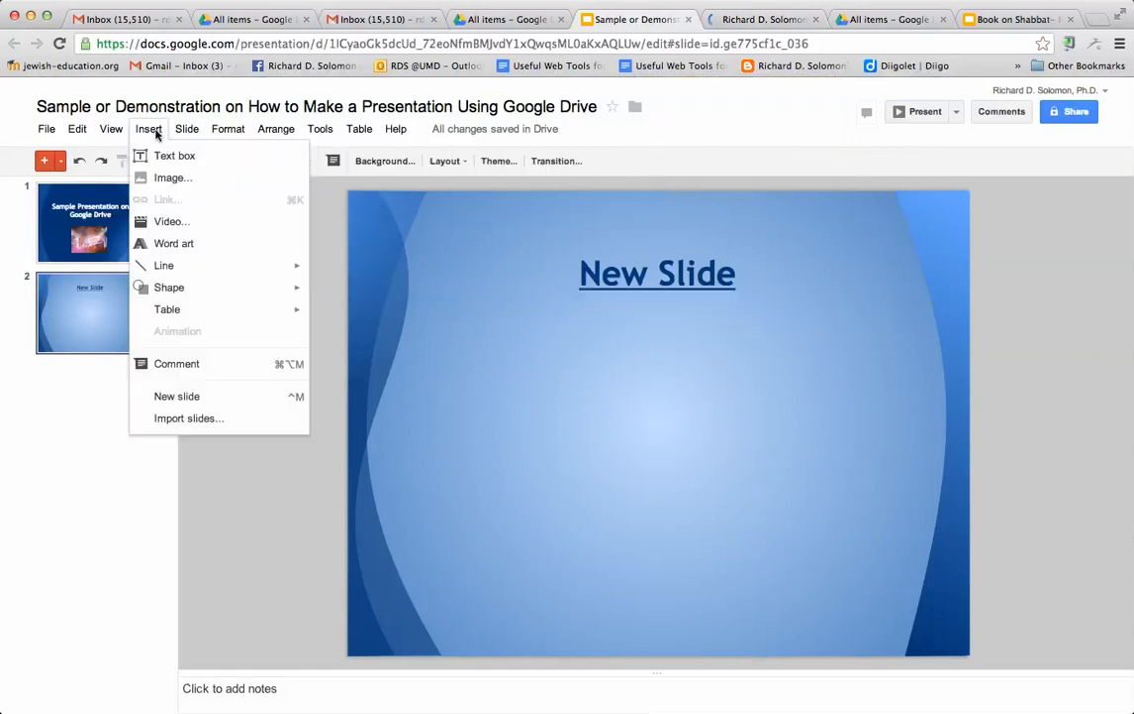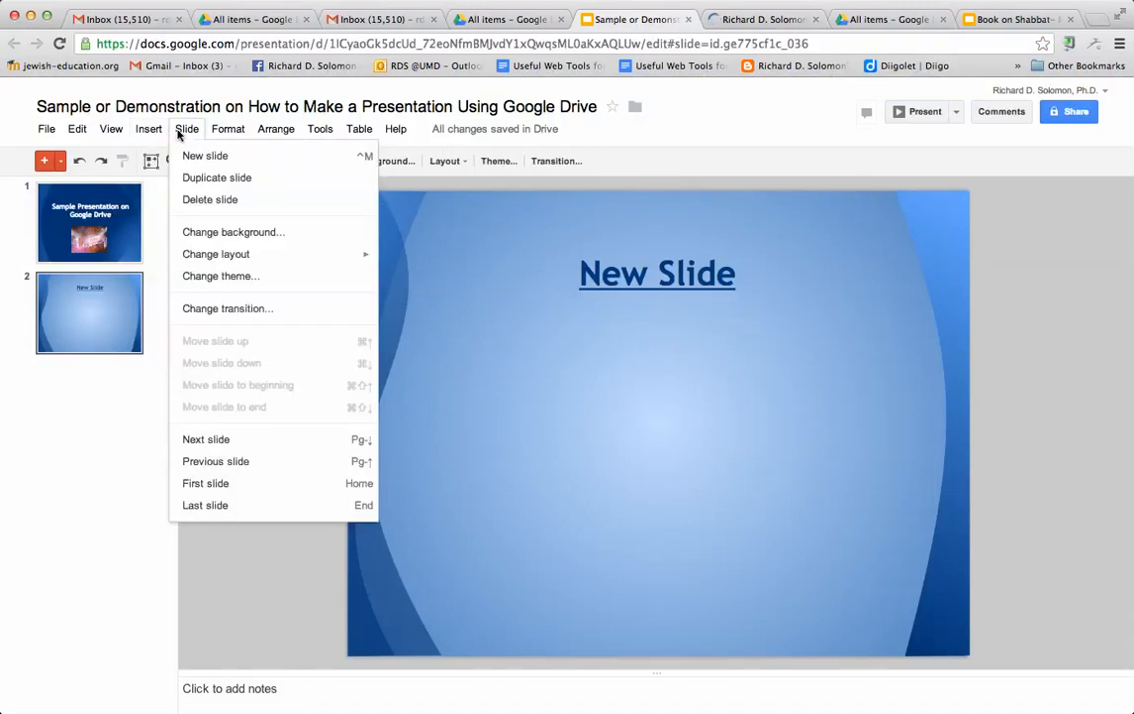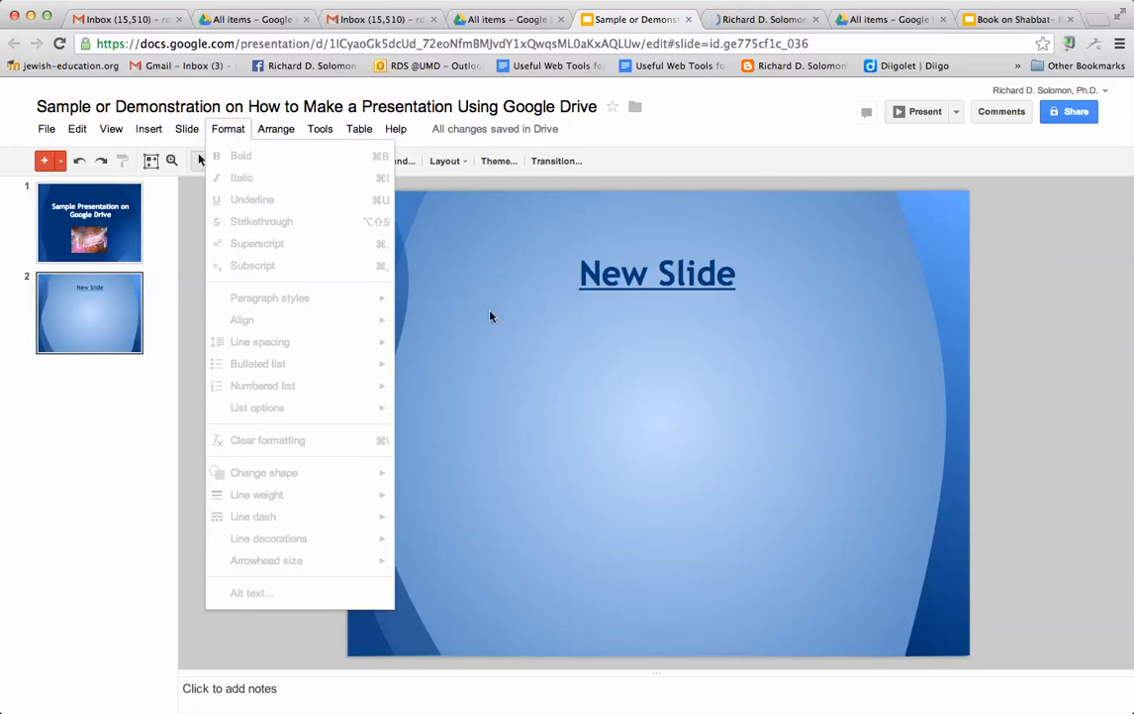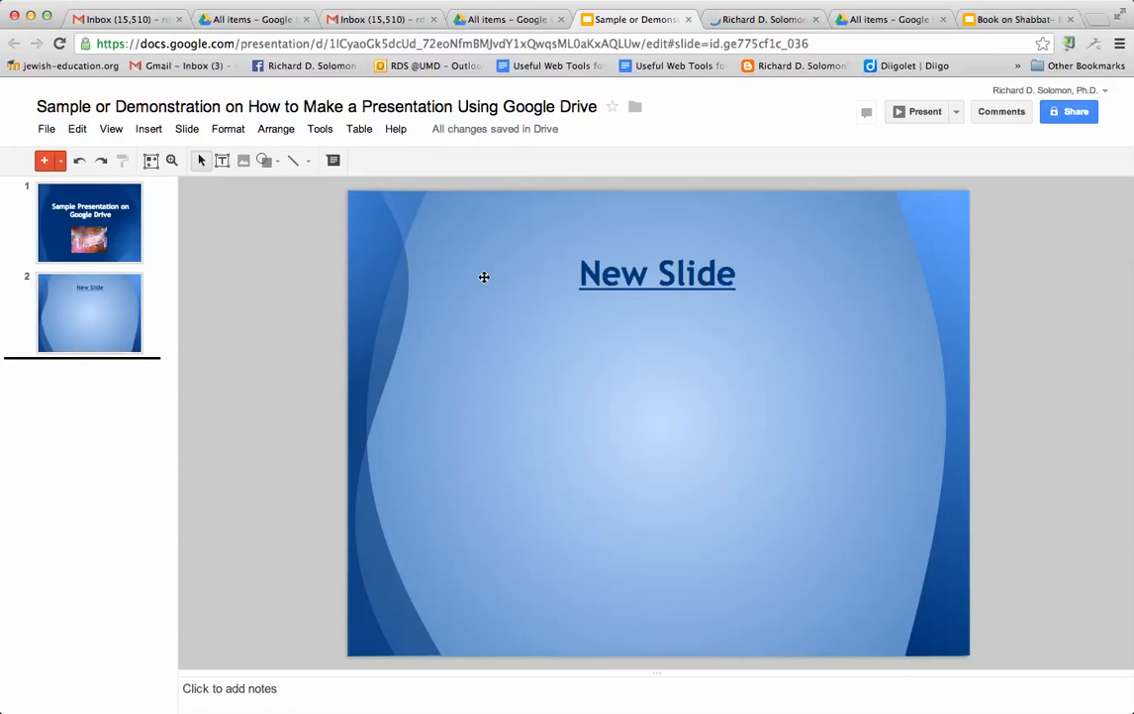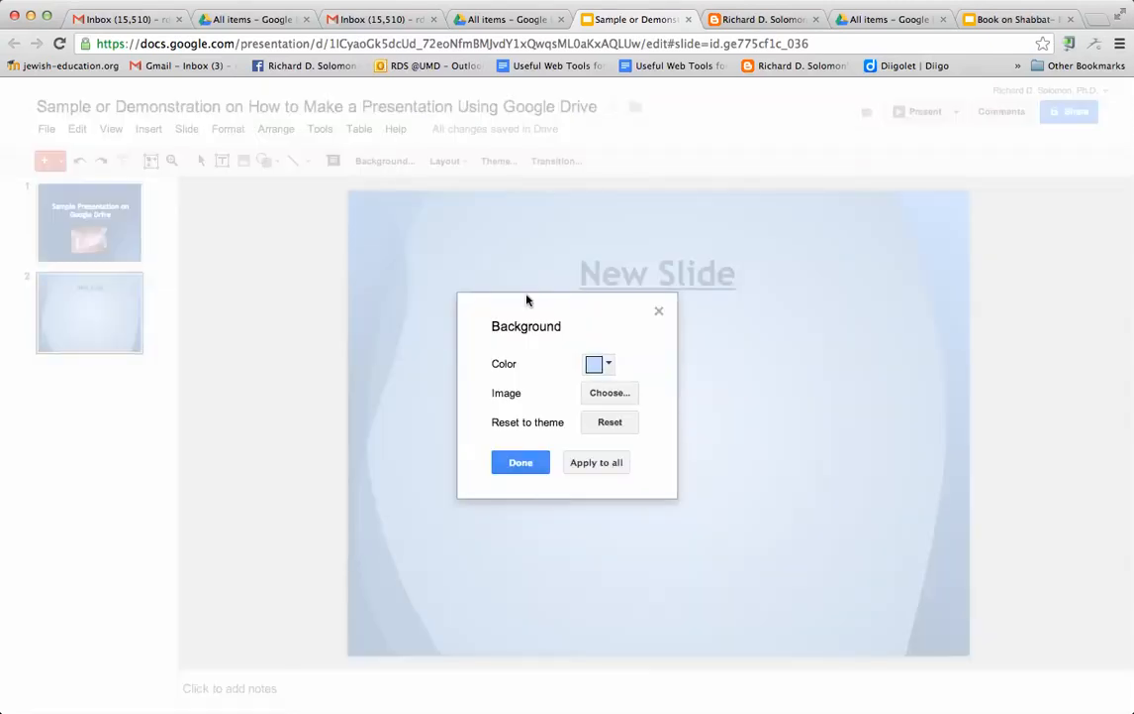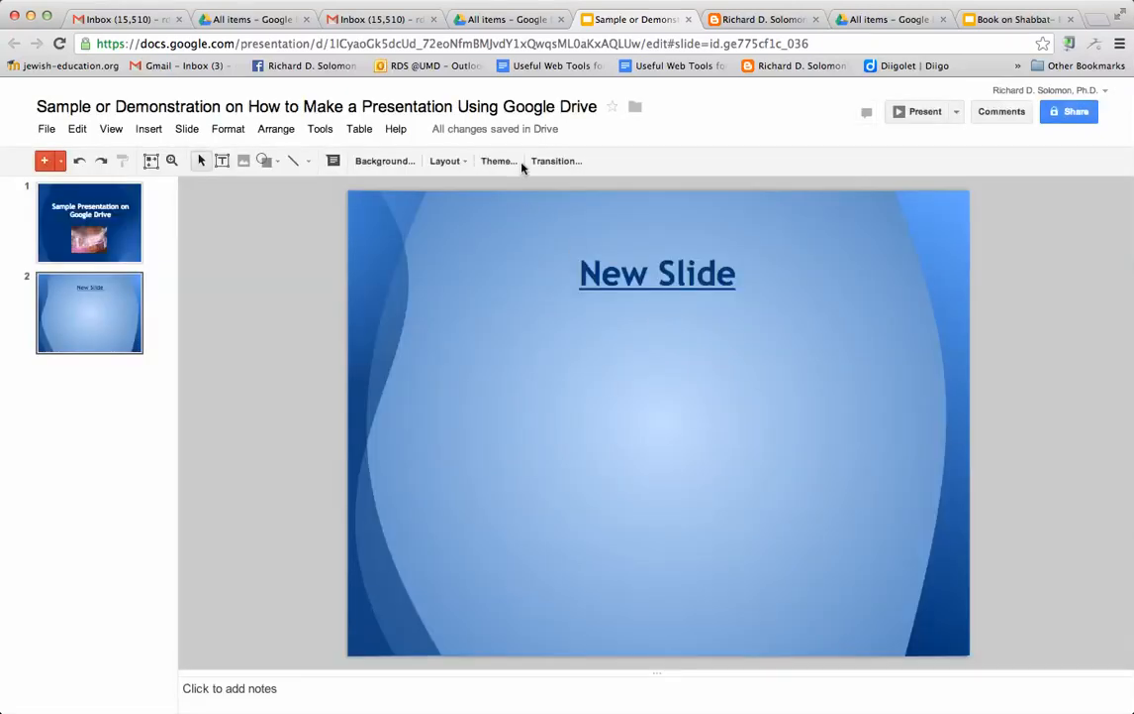we know about inserting things, about slides. We can change the format. We can change the arrangement. We can just play with this, folks. You can change the background if you want. Just click background. And you can change the color. You can change the image. Just play with this and have fun with it. And that's how you